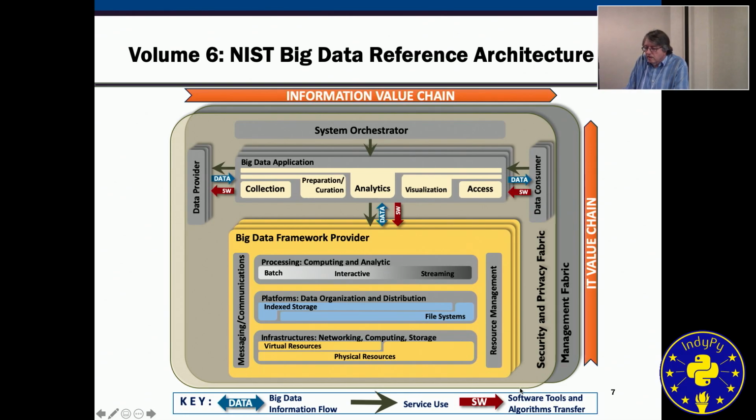On the top layer, we have big data applications that utilize this particular big data framework from providers. And as you can see, there are multiple slices. That means we have multiple providers. There's not just one provider, but there could be multiple providers that do this. And we also have multiple big data applications that pick and choose whatever they need in order to figure out what their particular application requires.